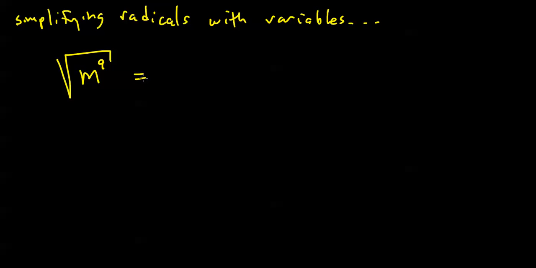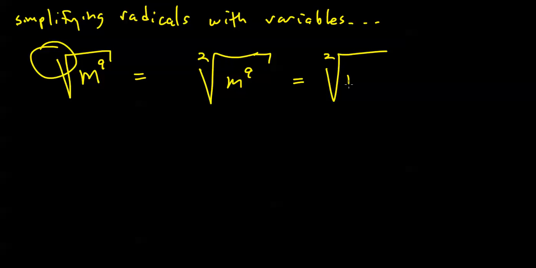The square root of m to the ninth. Well, I can take out as many powers of m that are multiples of my index. Now, of course, when no index is specified, we assume an index of 2. Right? We assume square root. Well, m to the ninth is not going to be a perfect square, but m to the 8th power is. So what I can do is rewrite m to the ninth under that root sign as m to the 8th times m,